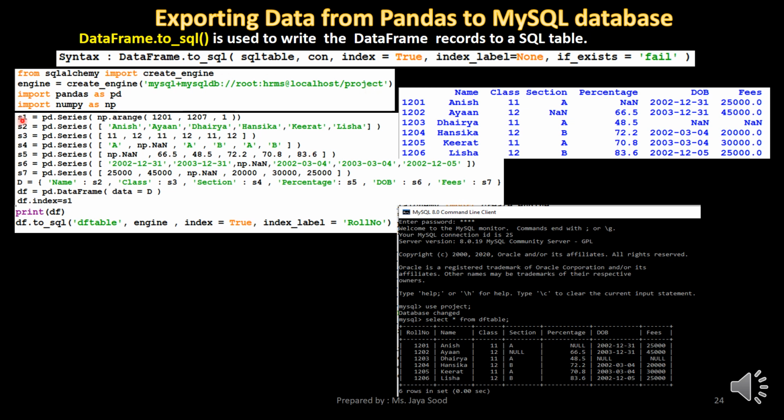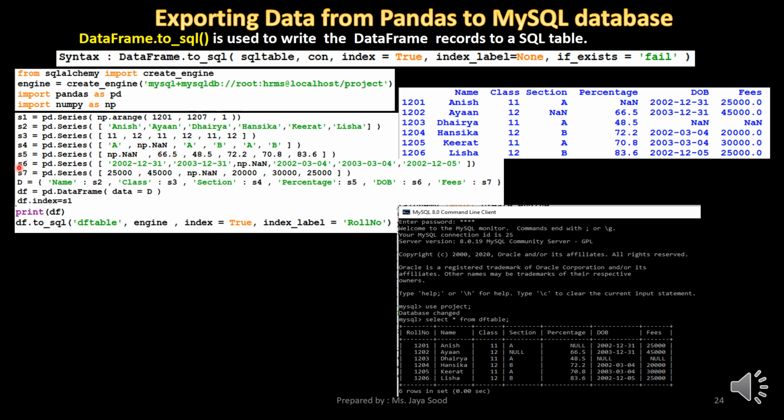S1 is a series which is created from an ndarray. S2 is a series which is created from a list of names. S3 is a series created from a list of classes. S4 is a series created from a list of sections. S5 is a series created from a list of percentage marks.